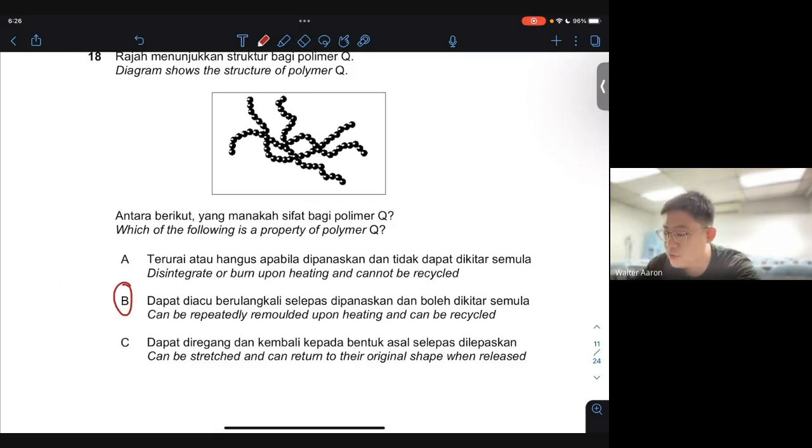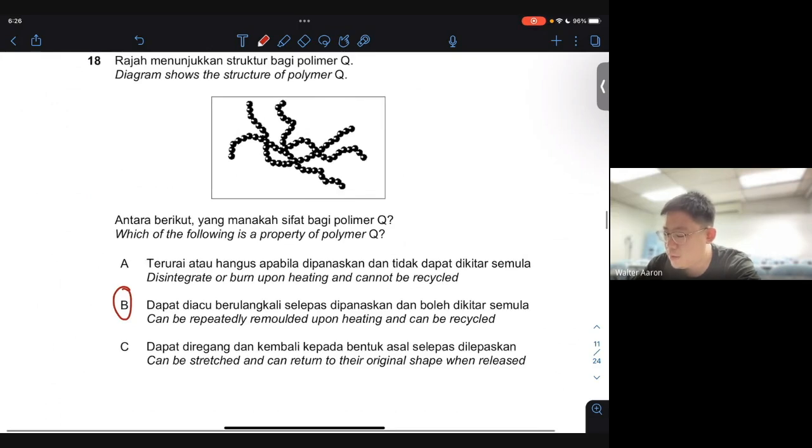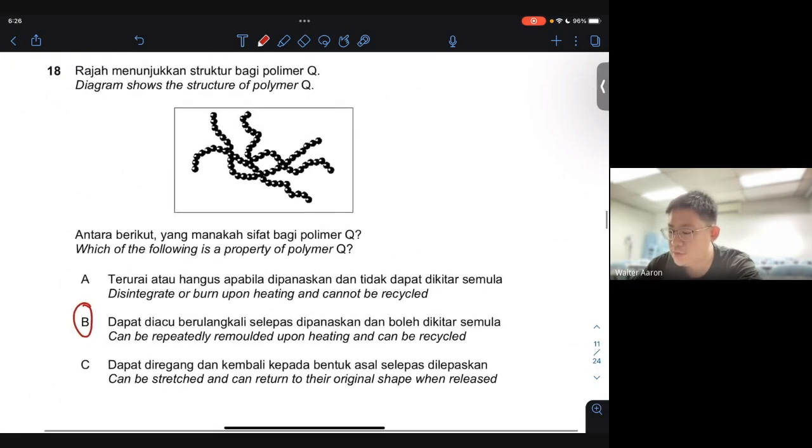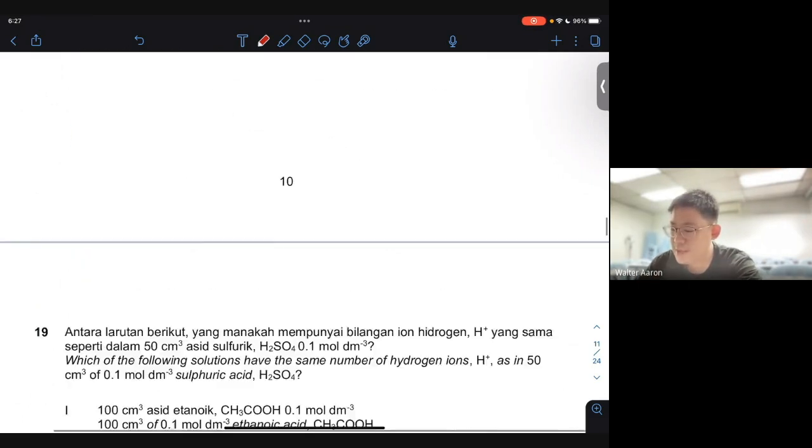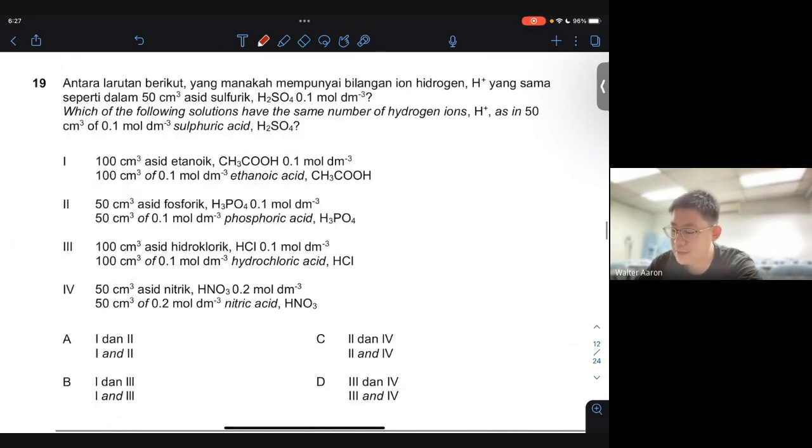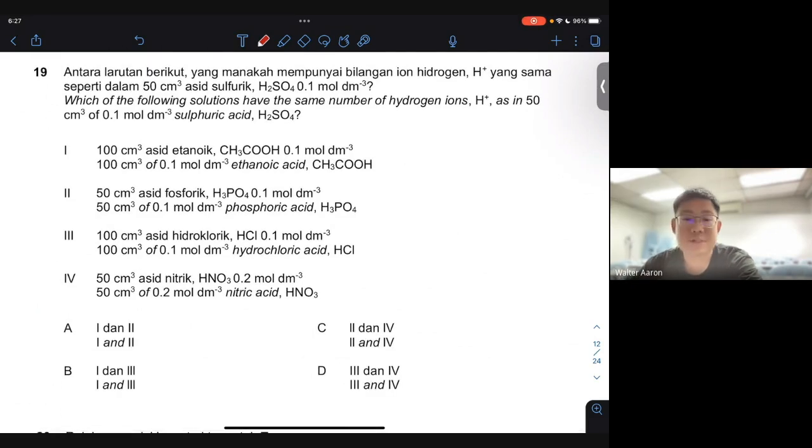Because this is referring to a type of plastic that can be repeatedly remolded upon heating and can be recycled, right? So this is just one particular answer to show you: it is a type of plastic that can be remolded, it can be heated, and it can be recycled as well. So that's number 18. All right, number 19, which of the following solutions have the same number of hydrogen ions